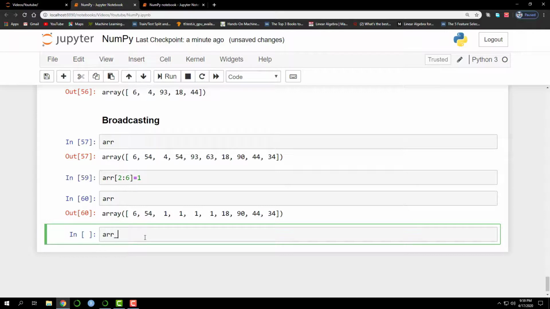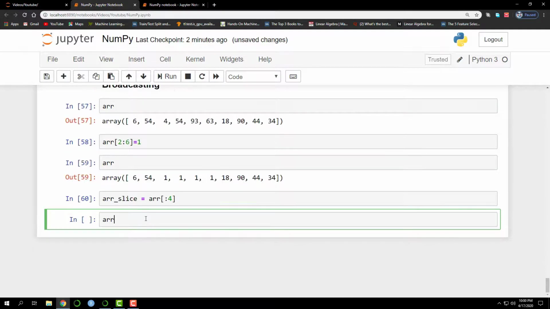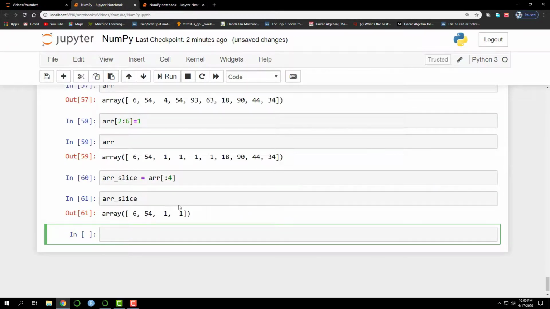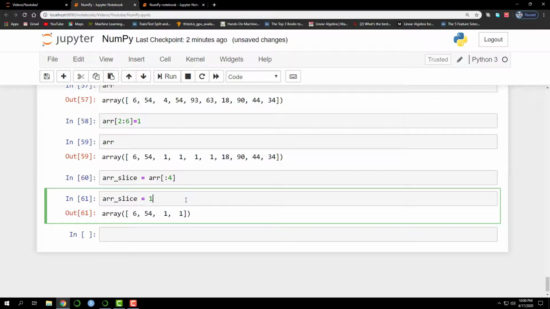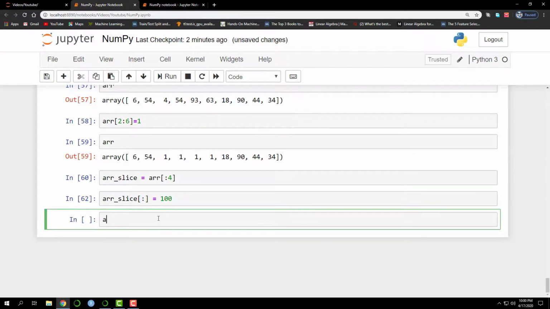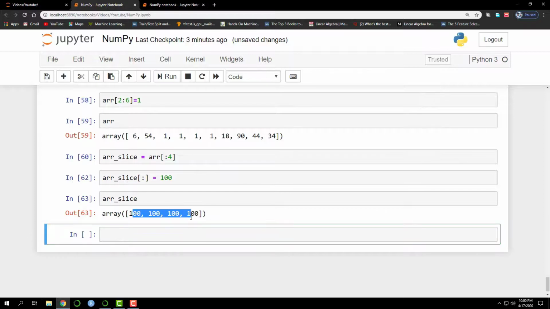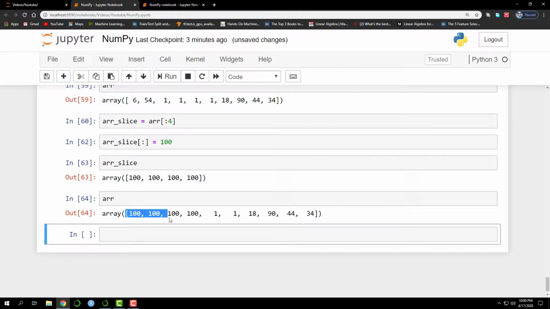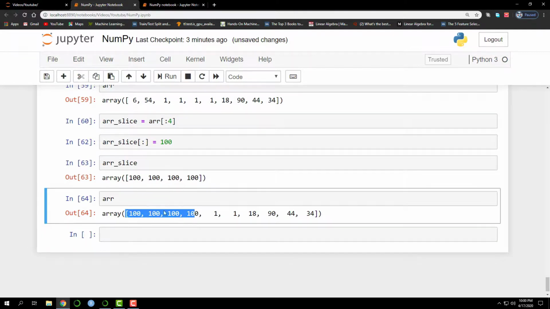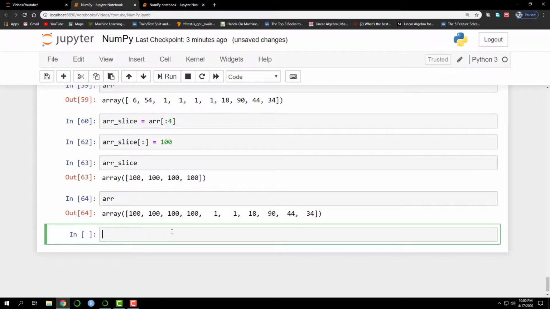Now I'll create a new variable, array_slice, which will have the slice of the array from start till index position 4. Now if I check array_slice, it will have the elements 6, 54, 1, 1. Now if I assign it as 100, then all the elements in array_slice will be reassigned to 100. If you check the original array, even in the original array, the elements from 0 till 4 will be assigned to 100.